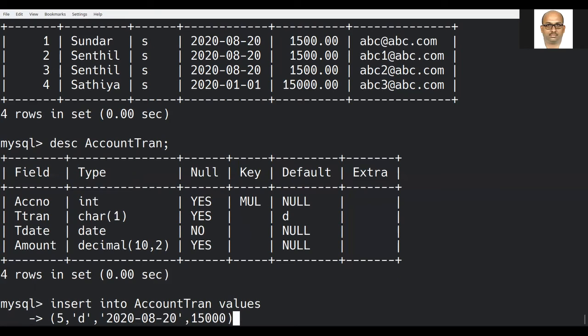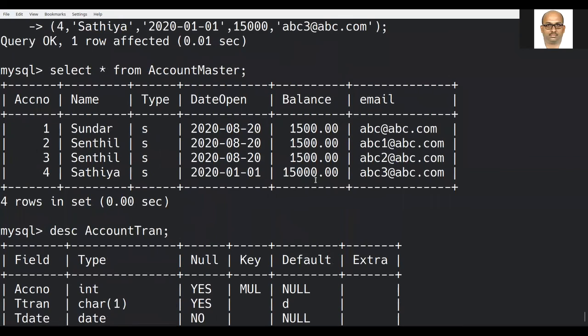This particular account number is trying to map with the account number present in the table called account master. If you have opened an account in a particular bank, then only you can deposit the money in that particular account. Let me put this way. I have opened an account in ICICI Bank. I have an account number.